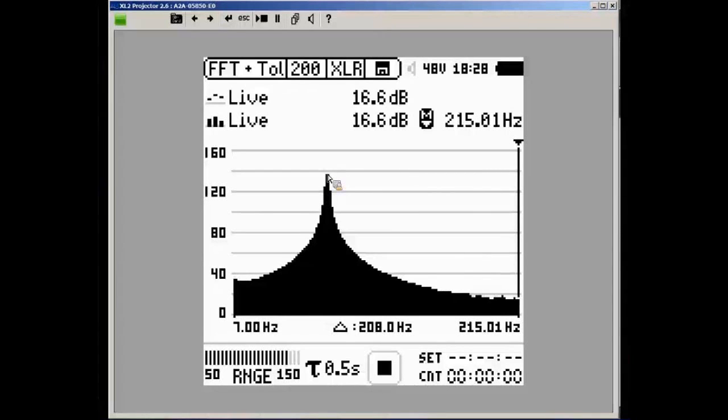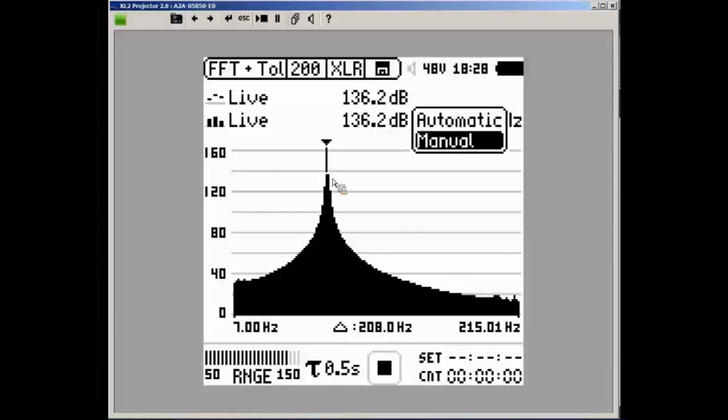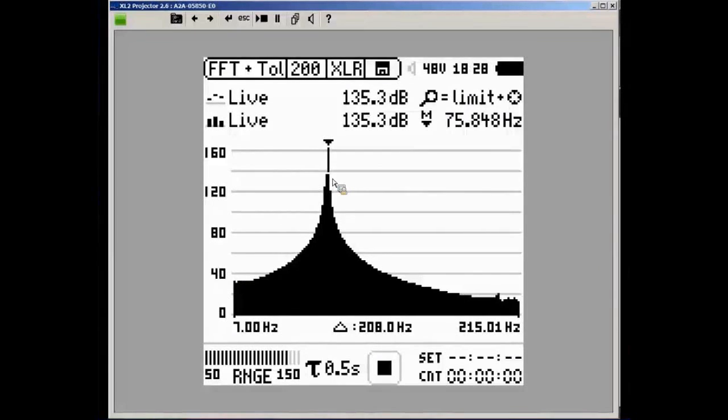I can use the cursor. I can switch it to automatic mode. In that case, it will automatically jump to the peak level in my spectrum, or I can switch it to the manual mode, and here now by clicking I could scroll through the spectrum with the corresponding results. I can even, if I like, you see up here the information, by pressing the limit button and scrolling, I can even